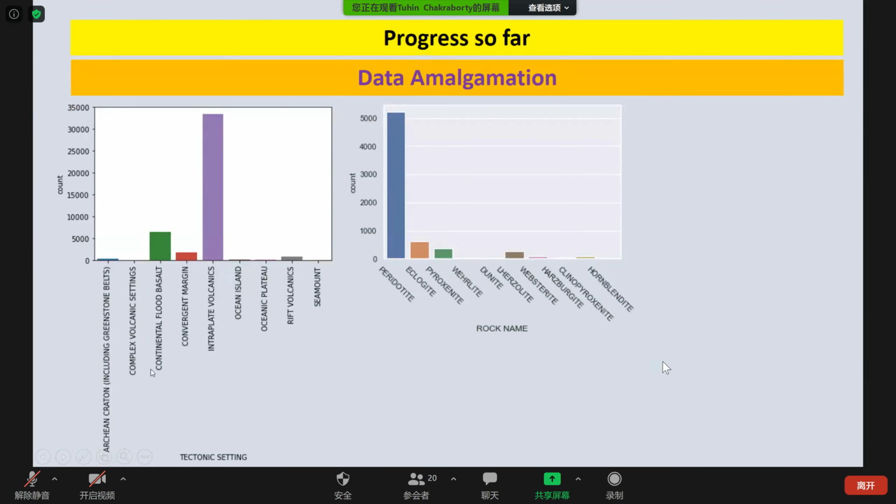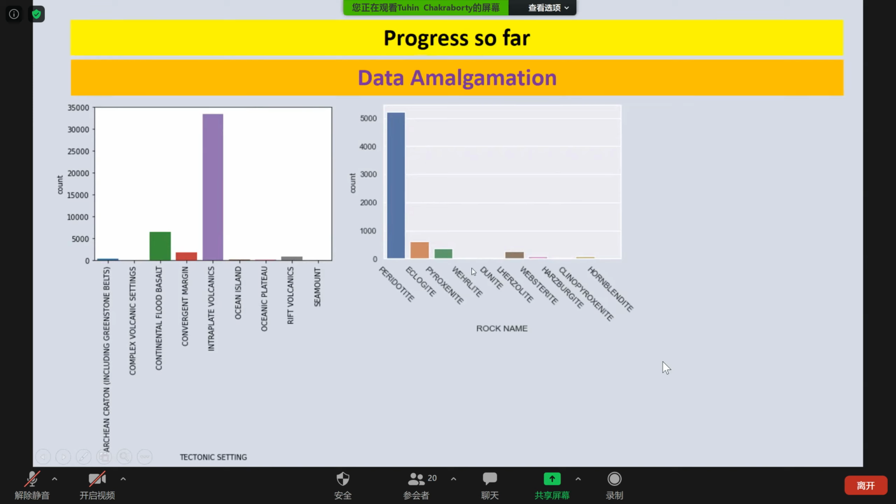So this is from our GeoRock database. As you can see, this is according to the tectonic setup. These rocks are from different tectonic setups, and the bulk of the data is actually from the intraplate volcanics. We have divided the volcanics into different subdivisions, and we are working on each subdivision. The important thing is to merge these GeoRock volcanics or other tectonic settings with the other dataset from